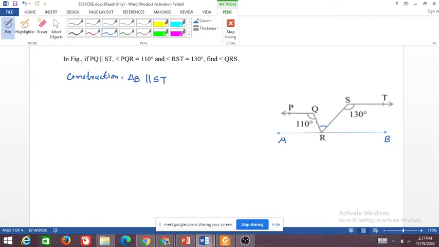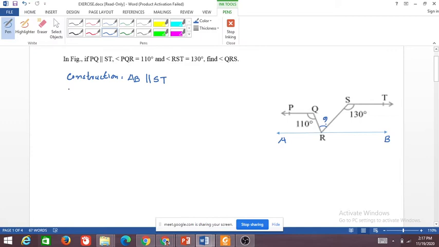Now everyone try to find the measure of angle QRS using any method. There are so many methods to solve this problem. So try to find angle QRS and give me your answers through the chat box. I will be looking at your answers, then we can discuss. Harika just told me how to solve this problem. You can use your own methods. I will give you 2 minutes, quickly. Let me see who is going to answer first. Who will get the answer? Angle QRS, this angle I want.